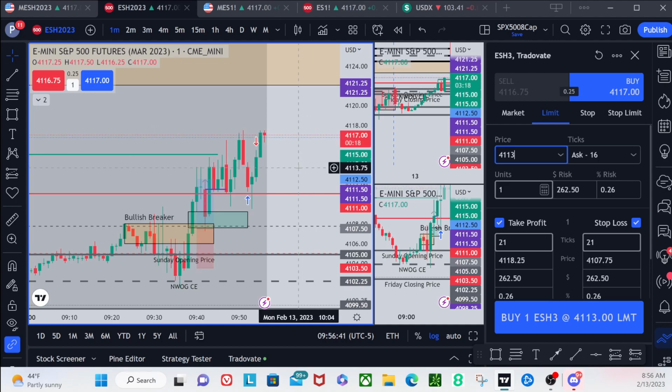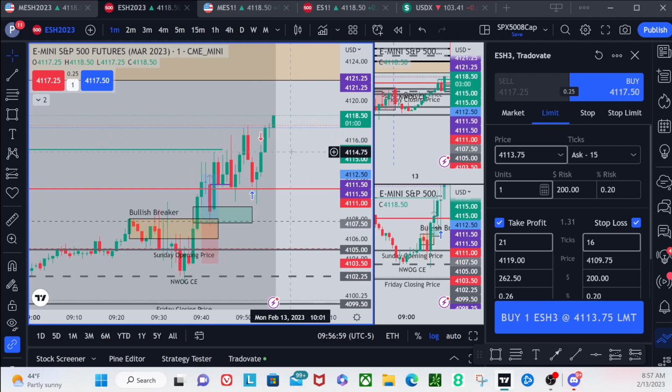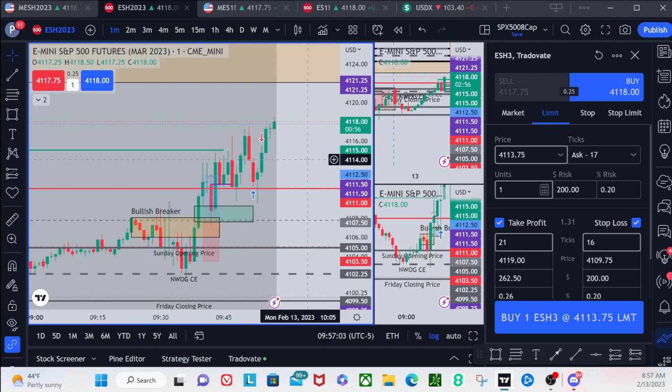And why am I saying that? Because we've already started the run and we went above the bodies of these candles. So now I consider this series of two down-close candles as a bullish order block. I want to see a support price around here. You can come back to this candle's high, but I'd like to see that stay open. See that? I'd like to see that right there stay open. It can touch the opening of that candle and then rip into 41.18, 41.21 and a half, and then